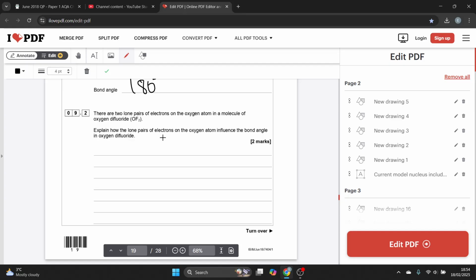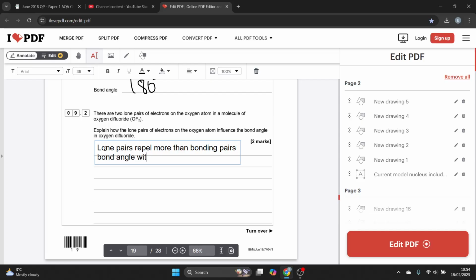Explain how the two lone pairs of the oxygen atom influence the bond angle in oxygen difluoride. Two lone pairs of electrons. So let's say lone pairs repel more than bonding pairs of electrons. Let's just say that, and then say the bond angle is reduced by 2.5 degrees times 2. So lone pairs repel more than bonding pairs. Bond angle will be lower in oxygen difluoride